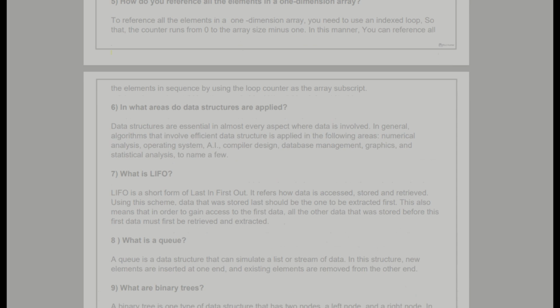5. How do you reference all the elements in a one-dimension array? To reference all the elements in a one-dimension array, you need to use an indexed loop, so that the counter runs from 0 to the array size -1. In this manner, you can reference all